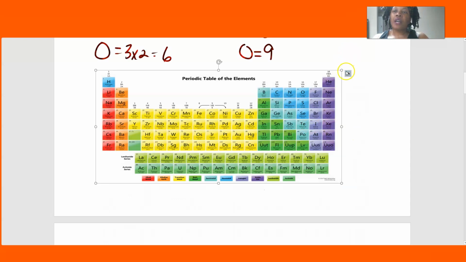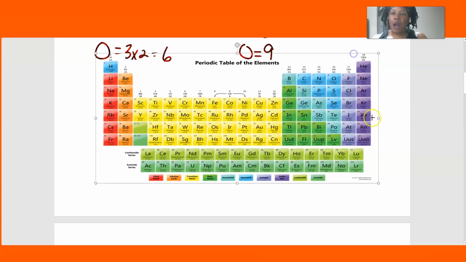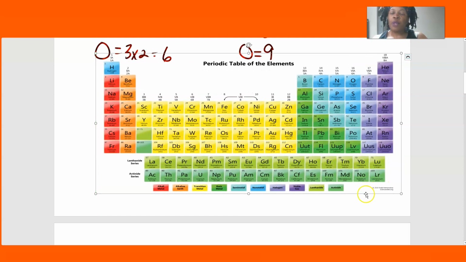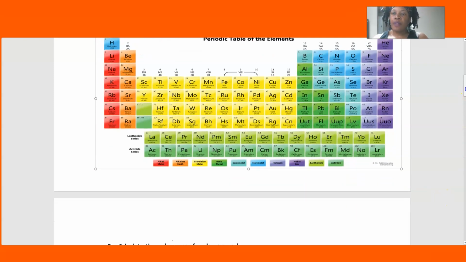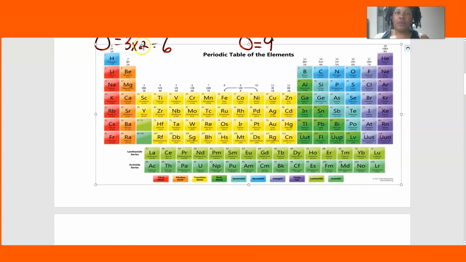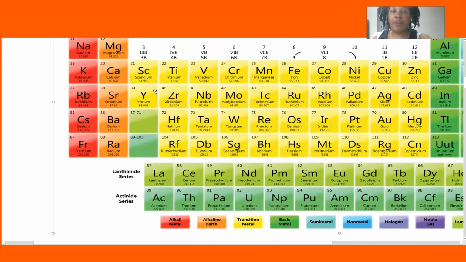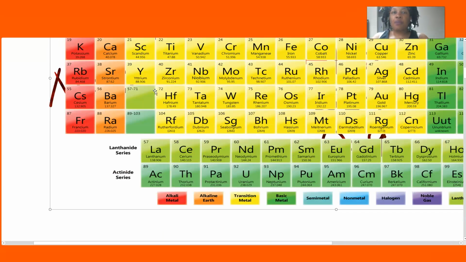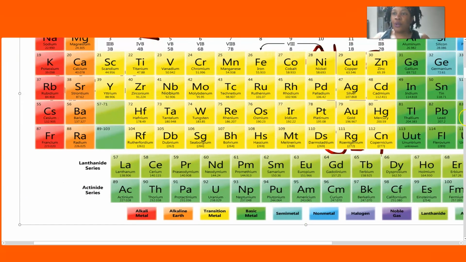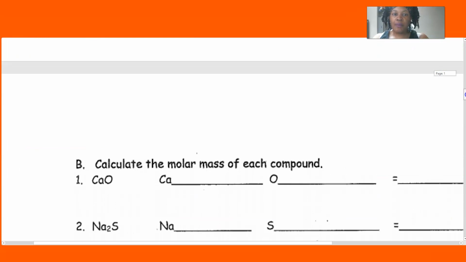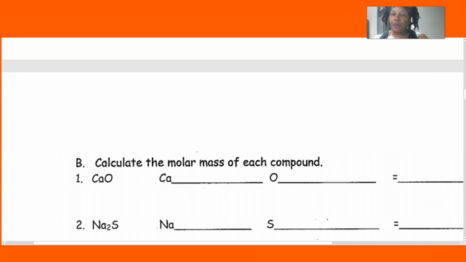All right, so here's the copy of the periodic table, and I'm going to zoom in so you all can see it. If we were looking for calcium, calcium is right here in group 2. So what you're going to do is simply use the information that you have from before, okay? So here's calcium right here. And if you look at the weight, 40.078, you're going to use that for this fill in the blank part, okay? So I'm going to go back to my worksheet, and we're going to fill that in. So I'm going to put that I have 1 calcium times